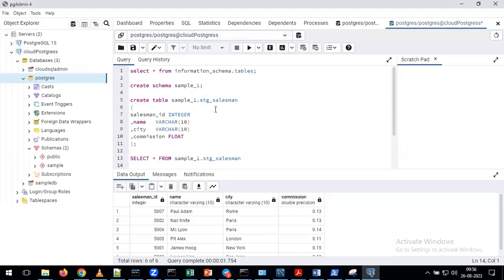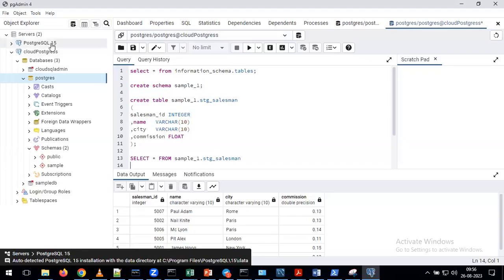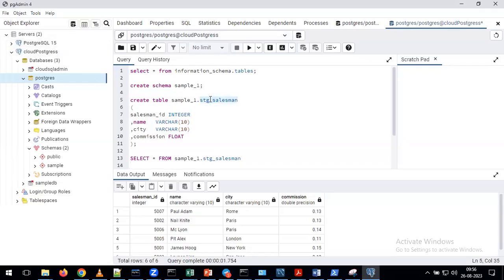Please verify this. Here also some people make the mistake of connecting to the local server. In the local server, they create all the tables. After that, when we are integrating with BigQuery, they try to integrate with the cloud SQL. Then if you try to access this table, what will happen? You are going to get an error saying that your table does not exist. Just to avoid that, don't make the mistake here.